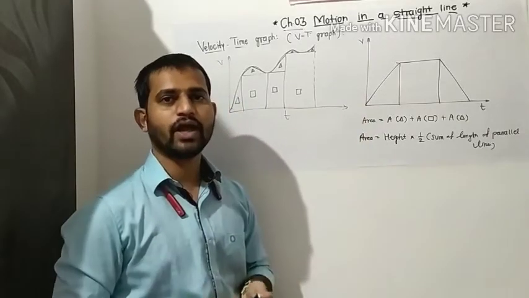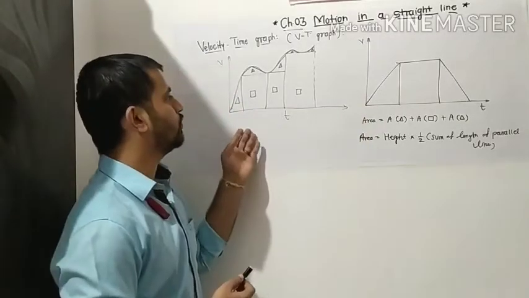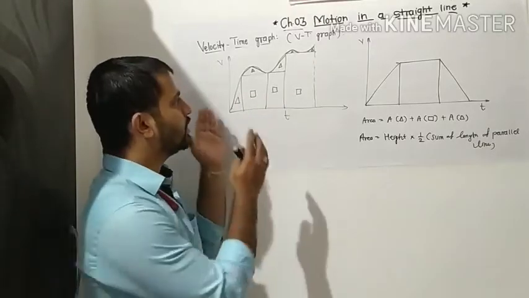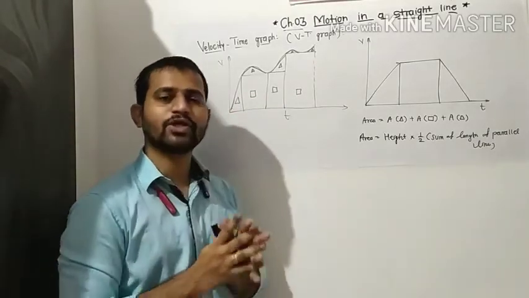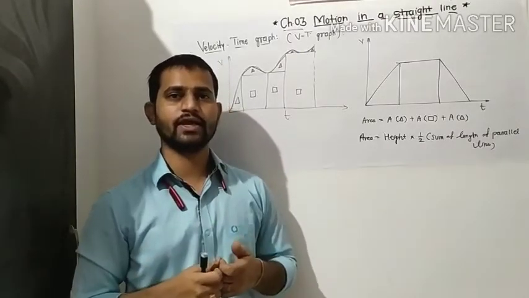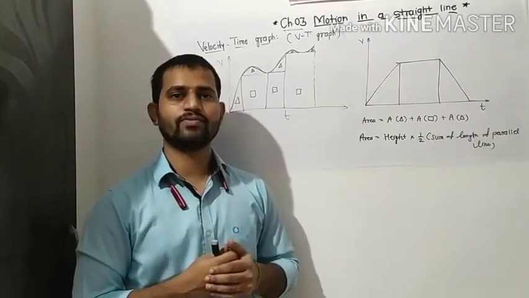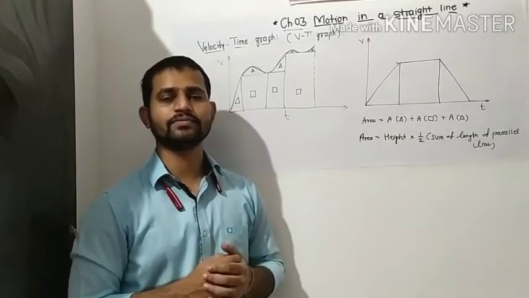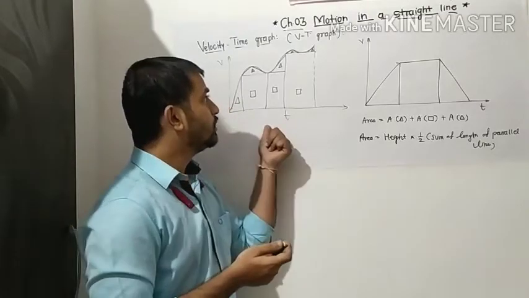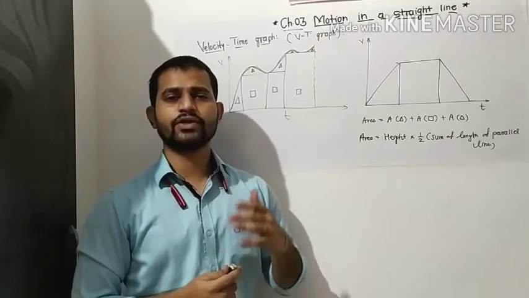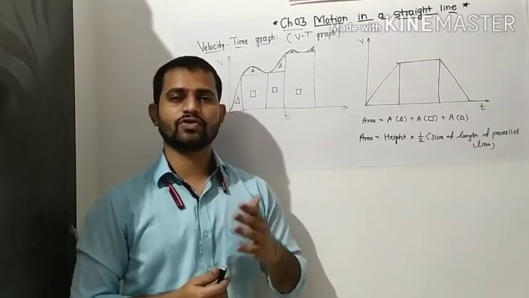If we have irregular shapes, then we can go by triangle, rectangle, triangle, triangle. We have to divide such an irregular shape into a number of parts so that we can calculate its area, and we will get our approximate area. Remember, in the case of an irregular shape, we are getting the approximate area.